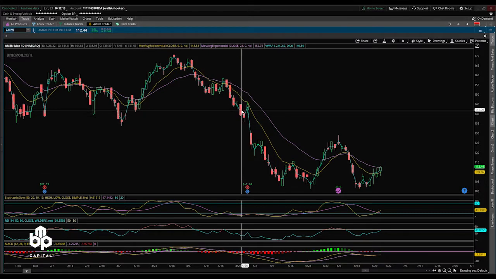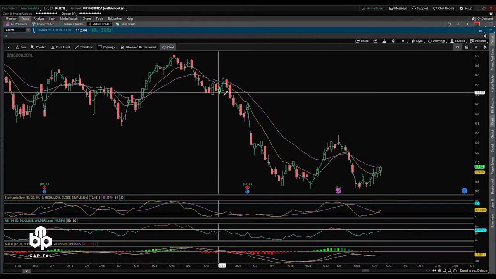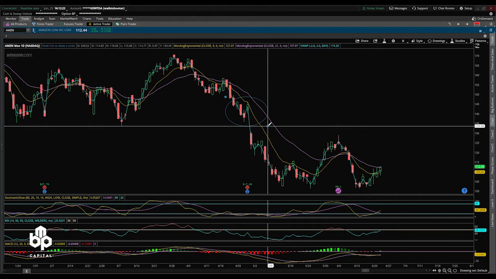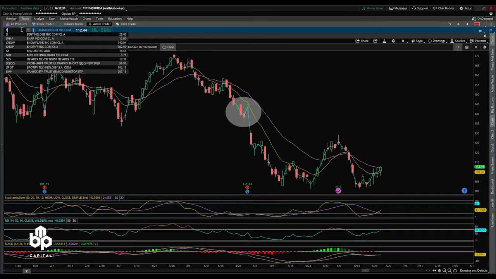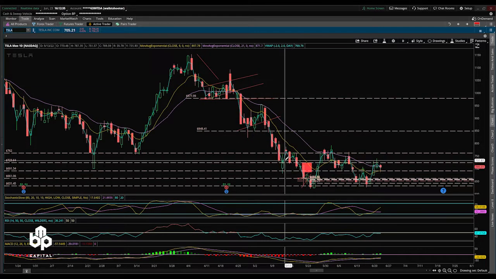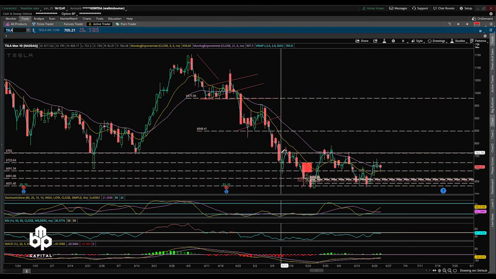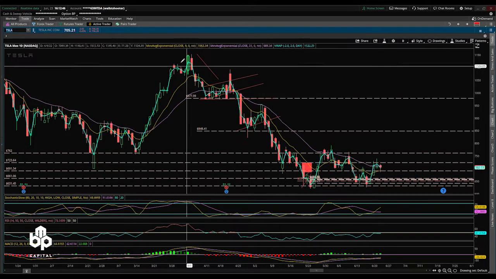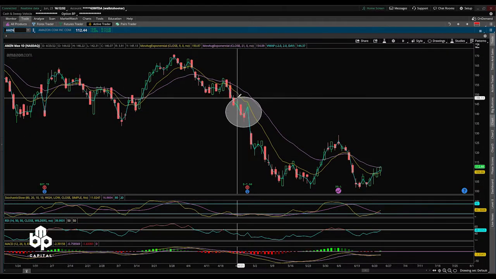So when we looked at Tesla, we were hella extended. Remember, like I said, let me highlight this. We're hella extended on Tesla. Let me go back to Tesla real quick. All right, so we were hella extended off of Tesla, from here to there. Look at that. Right now, if I go back to Amazon,